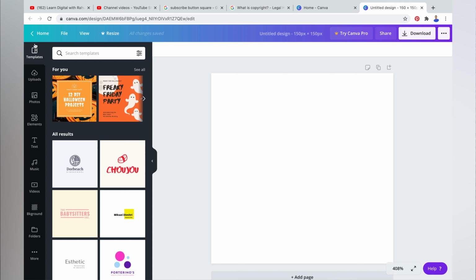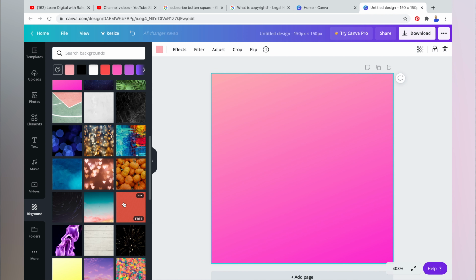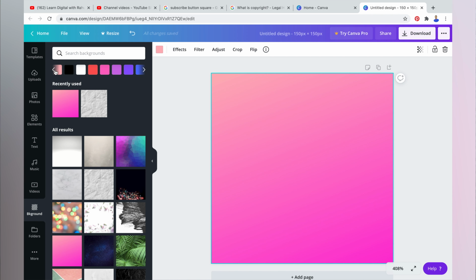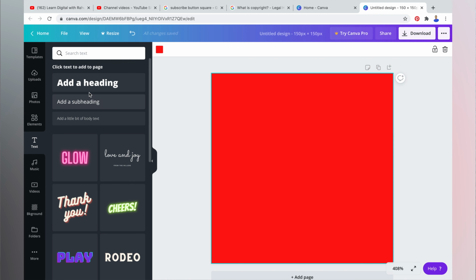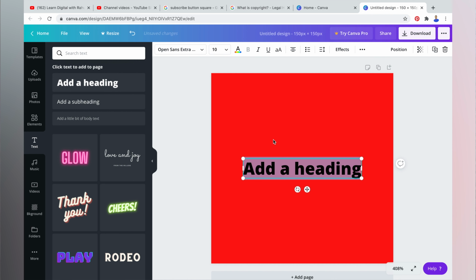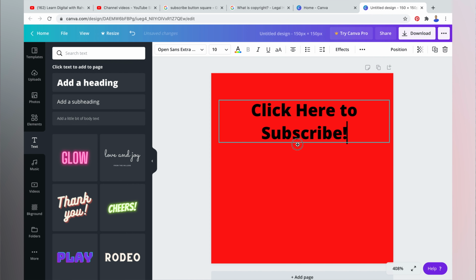Here on the left, we have all the tools. Let's change the background color. Then add some texts. While adding text, make sure it's something attractive, like a call to action. Now adjust the text to make it look good.